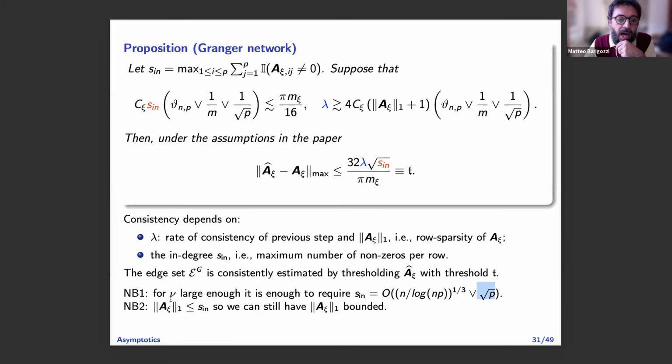Okay, and then lambda depends on this thing. This thing, we didn't assume anything on this, but obviously we need to assume the sparsity to be something that is bounded, otherwise lambda will diverge, and if lambda diverges, there is no consistency. But we leave it like that, okay? We leave the rate like that, and then we reason saying, okay, this can be bounded. It's different from the number of non-zeros, okay? The L1 norm is smaller than this, which would be the L0 norm if you want, which is not a norm, but doesn't matter. Okay, so this is the first step.